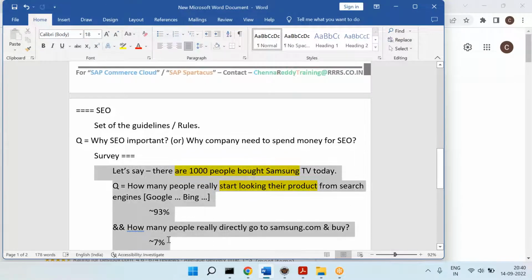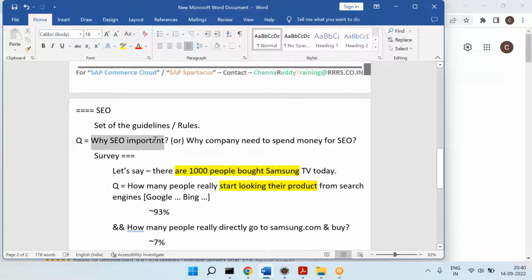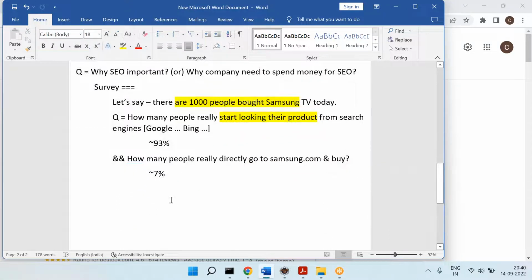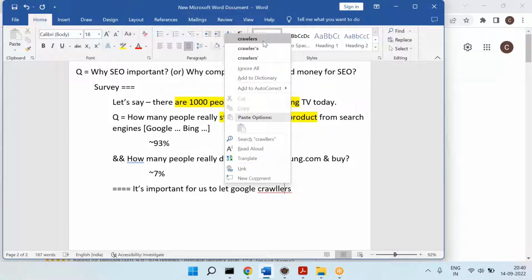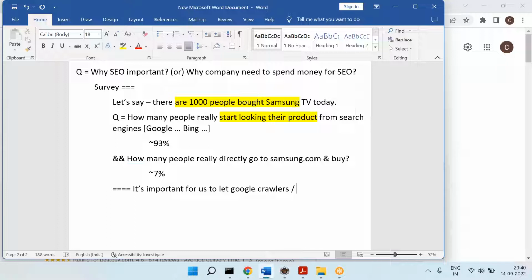If you tell this survey to your company, definitely they will think of the SEO. So that's why SEO is important, because around 93% of the people start looking for their product from the search engines. So therefore it is important for us. What is the conclusion now? It is important for us to let Google crawlers or Google search engines know about our product,